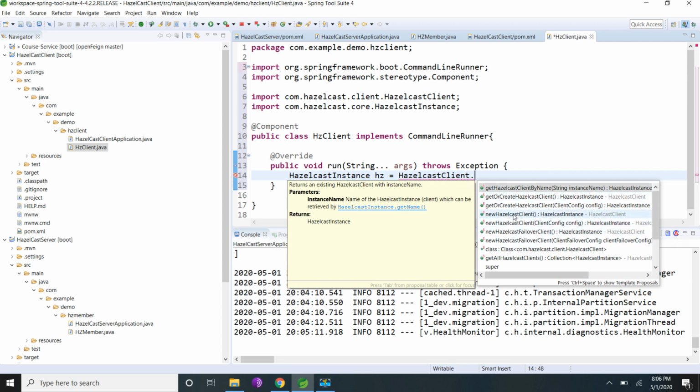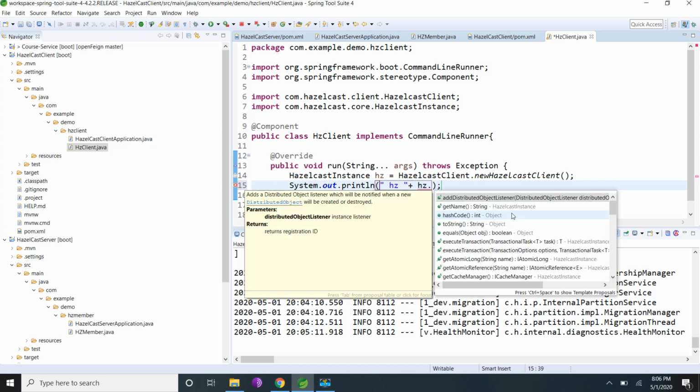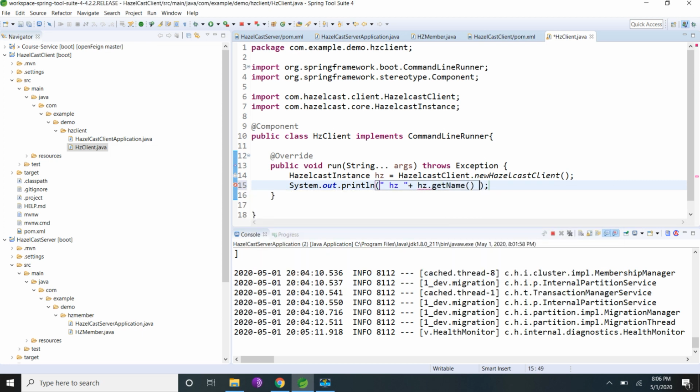HazelcastClient.newHazelcastClient. So even in the Hazelcast client dependency, we will be having the default client XML. I am printing the name, getName, and the group name will be the same.